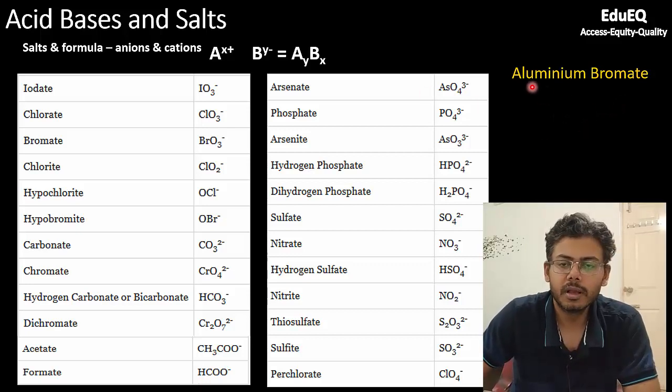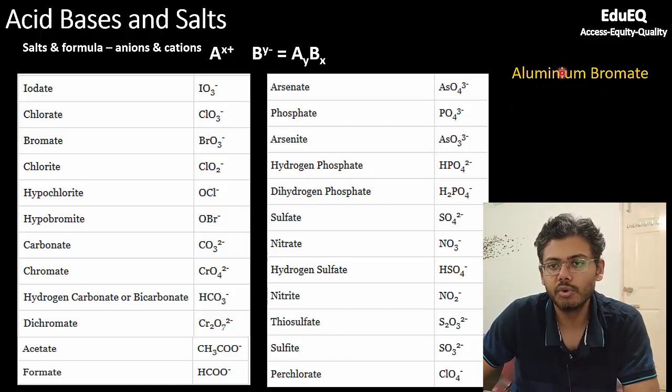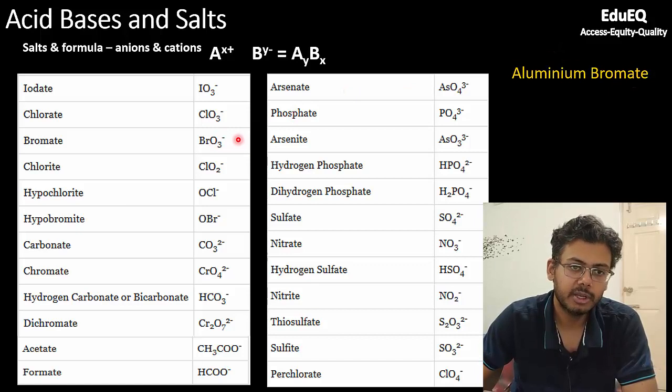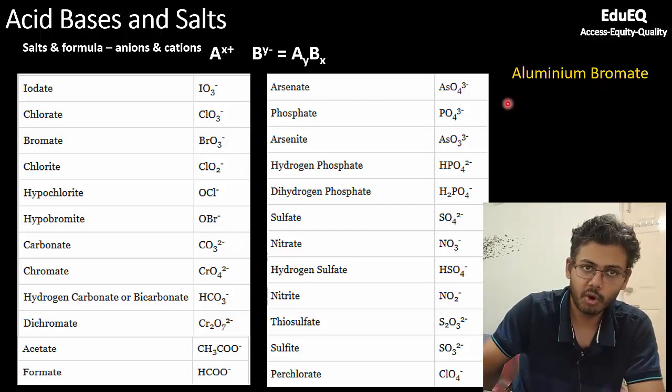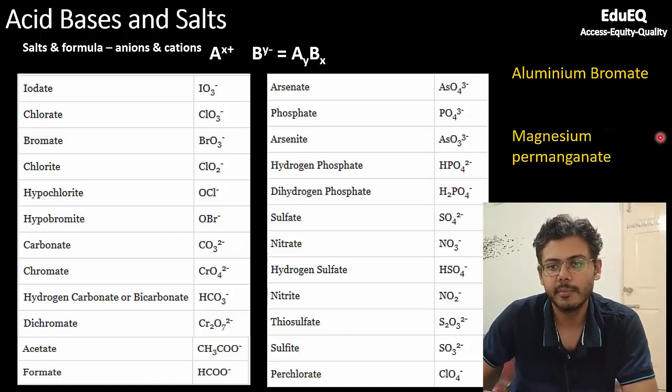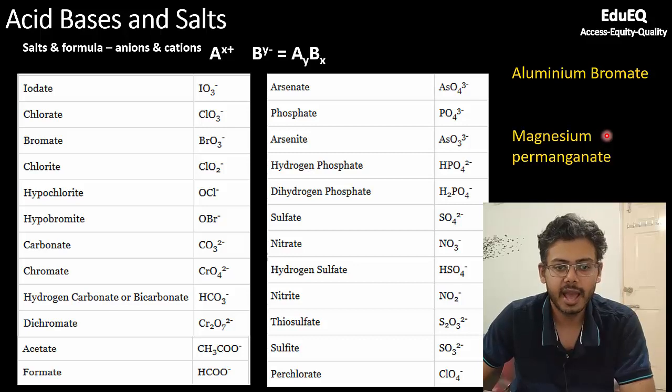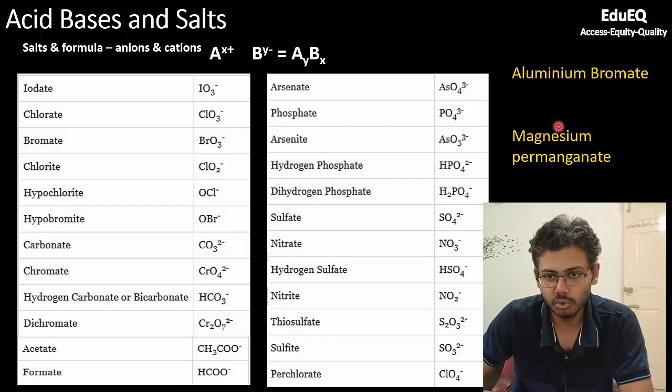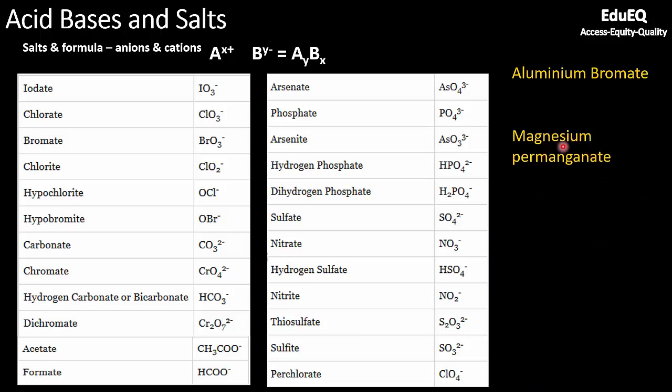Okay, so writing the formula of aluminium bromate, you know aluminium will be +3 and bromate you can know from here it's -1. So when you write the formula, the 3 from aluminium should go to bromate and 1 from bromate should come to aluminium. So I hope you would have written the formula by now. Let us go to the second compound, which is magnesium permanganate. Magnesium, you know, it's very common, it's +2, and permanganate we saw in the last slide, it is MnO4 -1. So 2 from magnesium will go to the permanganate group and 1 from permanganate will come to magnesium. So try to write this formula also.